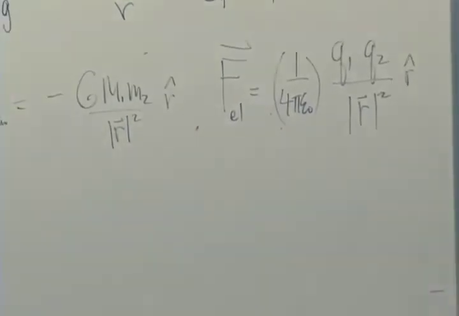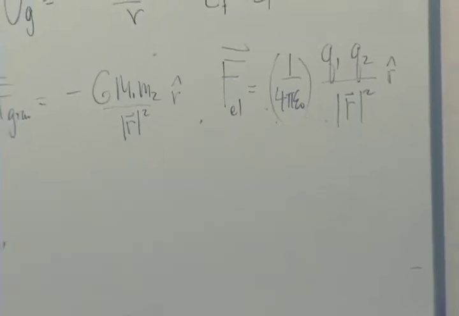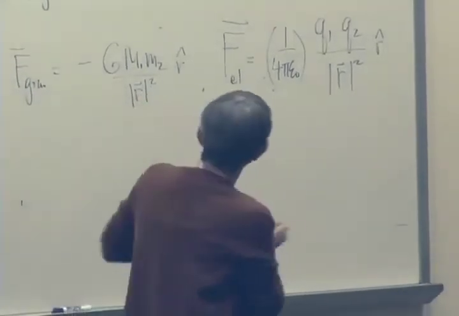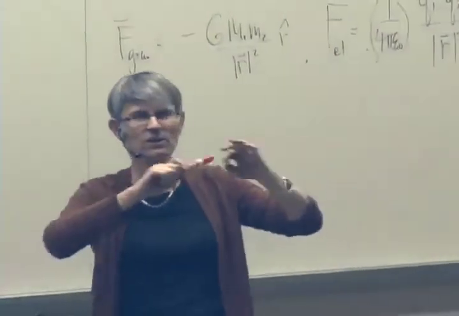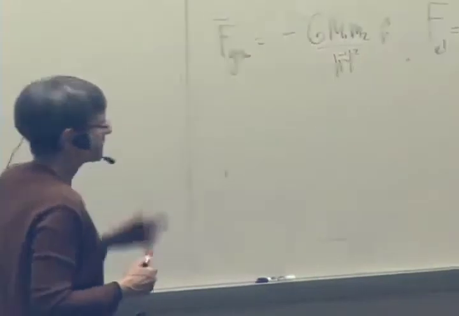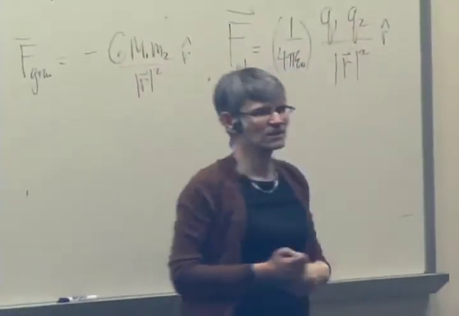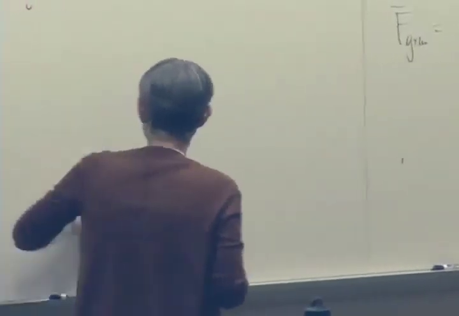And one of the big differences between this force and the gravitational force was, so the similarities are, we have this 1 over r squared here, right? So 1 over distance squared. We have some property of each object. The force, though, is not necessarily attractive. Gravitational forces are always attractive, but we can have,